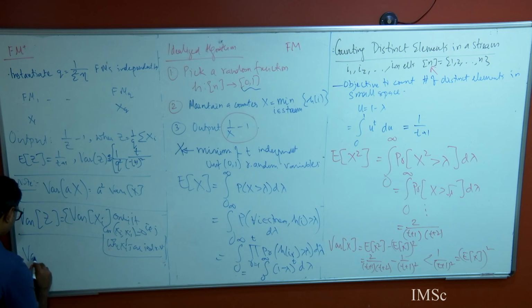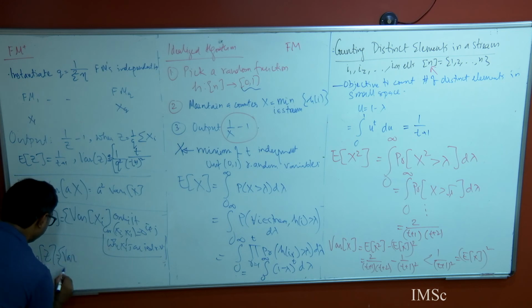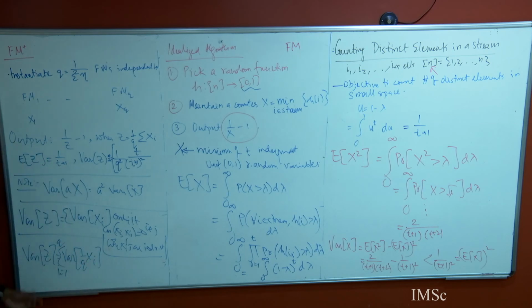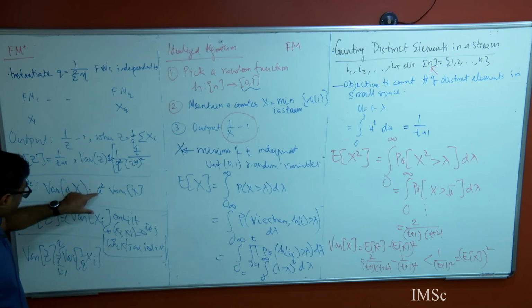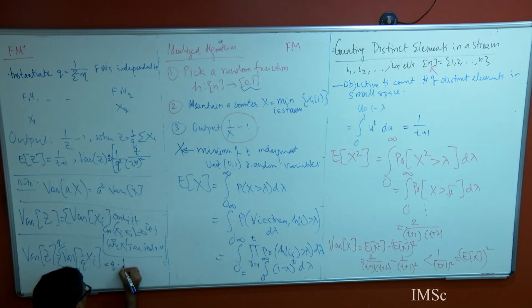So what is the variance of z here? The variance of z for us is going to be the variance of the summation, i going from 1 to q, of 1 over q times xi. Because of this we can write it. Now for each of them, as I told you, a square times this. So now what is this going to be? q times 1 over q square, and what was the variance of xi? It is the same as this, we have already computed that. So we will get 2 times